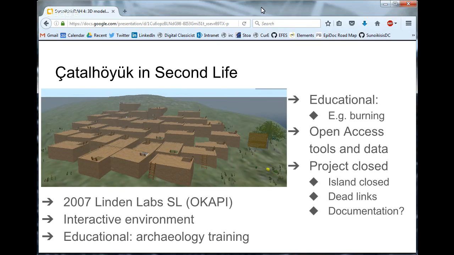So it was built, I guess, starting in 2007 in the Second Life environment, which was owned by Linden Labs, and the archaeologists, the team, they bought and populated an island called Okapi in this environment,